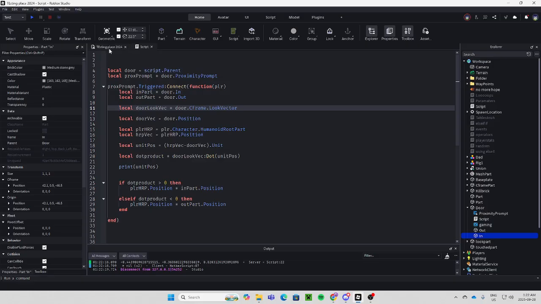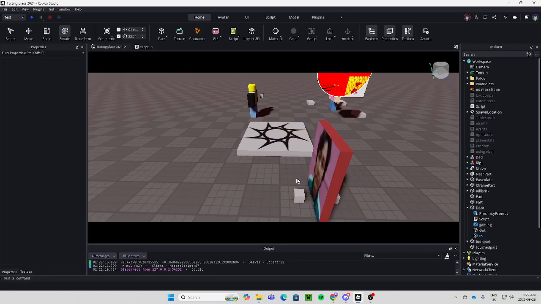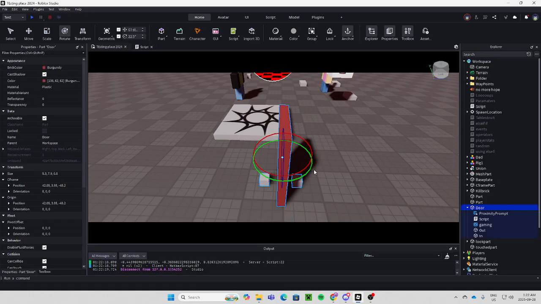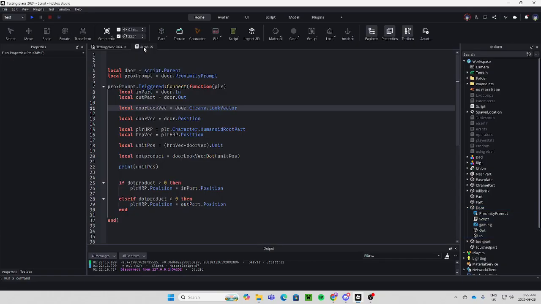So I get the look vector of the door, which is a vector in front of wherever the door is facing. So here I put a little face at the front of the door. So the look vector would be one stud in front of this. Get it? So now I get the position of the door and the position of the humanoid root part of